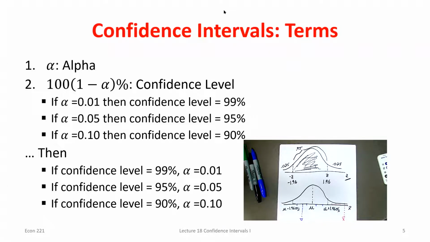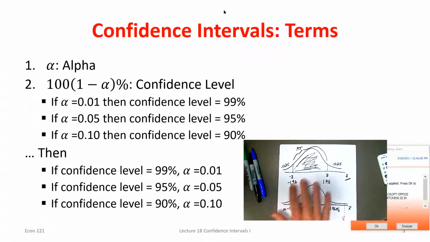So when we're thinking about a 95% confidence interval, you can think about the area that you want within the interval is 95%. That means the area you want outside the interval would be 5%, right? And if we're dealing with probabilities,